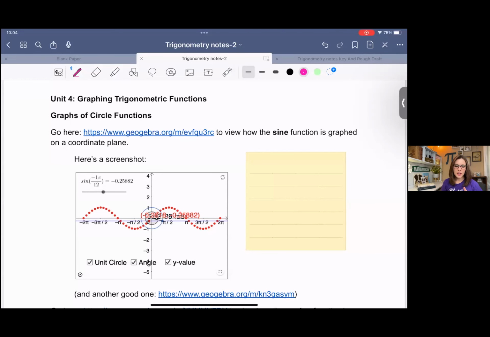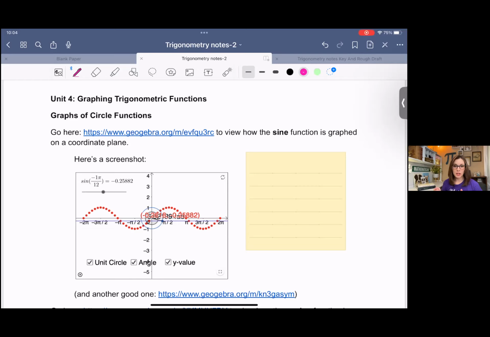Hey y'all, in this video lesson, I'm going to teach you how to graph trigonometric functions. So we're going to look at all 6 functions: sine, cosine, tangent, cosecant, secant, and cotangent. For sine, I already have the graph shown here, so it's kind of a little spoiler, but I want to